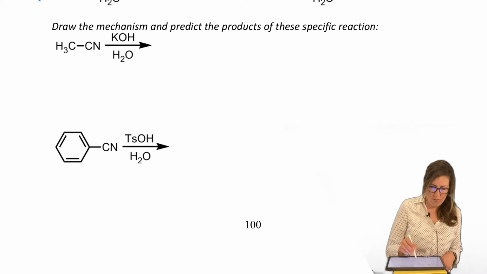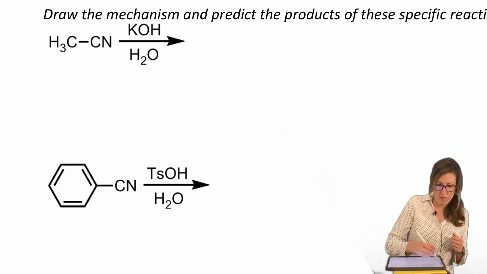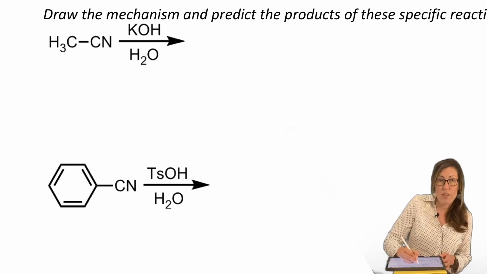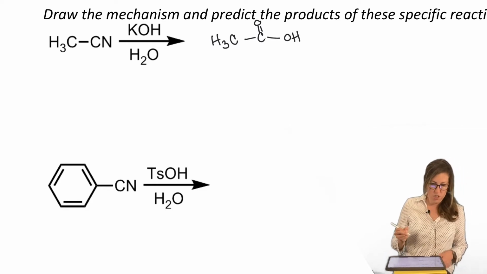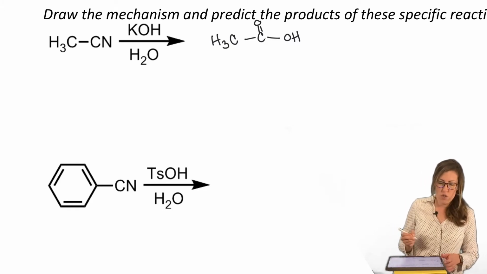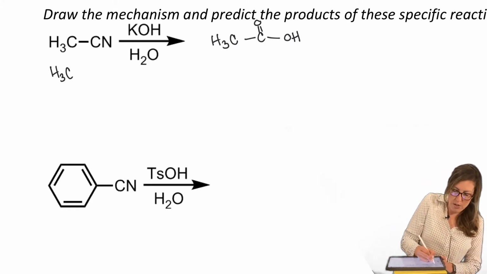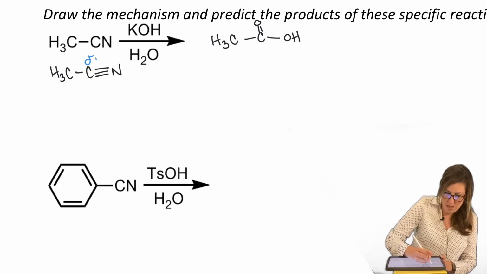So, you ready for a mechanism? Well, we know we're going to do a hydrolysis. I'm going to draw the product first. So there's acetonitrile again. But then the nitrile carbon is going to turn into a carbonyl carbon attached to the carboxylic acid. So how does this work? Well, you'll want to draw out that triple bond for a mechanism for sure. And then remember the dipole. That'll help lead you in the right direction.